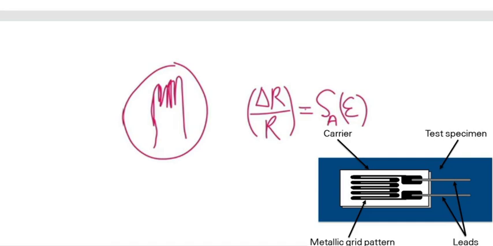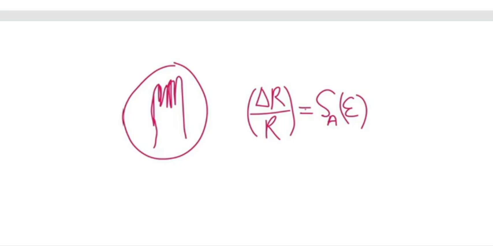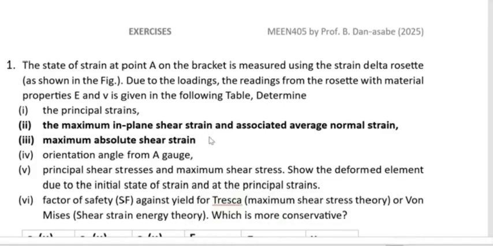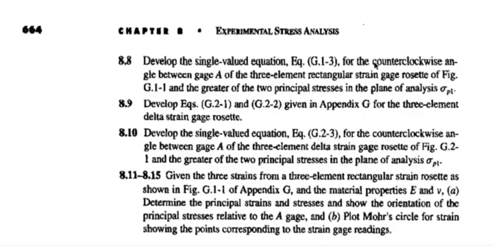And also some of its application is in rail line monitoring for trains, in the monitoring of dams, in inner lining of dams, and so many other applications. Before then, let's start with the other exercises. I have other exercises in PDF also. So this is from the textbook, Experimental Stress Analysis. So the first question here is,